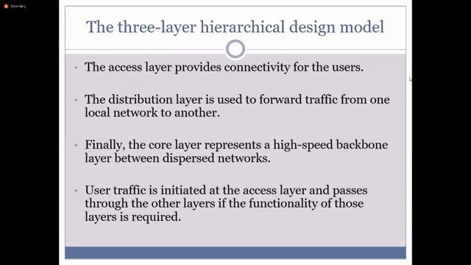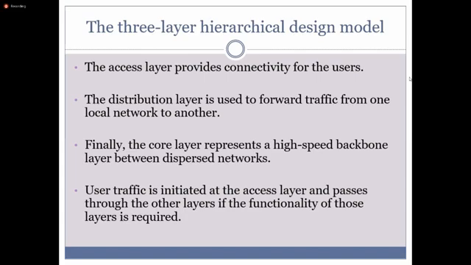In the three-layer hierarchical design, the access layer provides connectivity for the user. So if you are in a university or in a tea shop, whatever location, you are accessing the access layer in the network. So the connectivity for the users is addressed by the access layer.